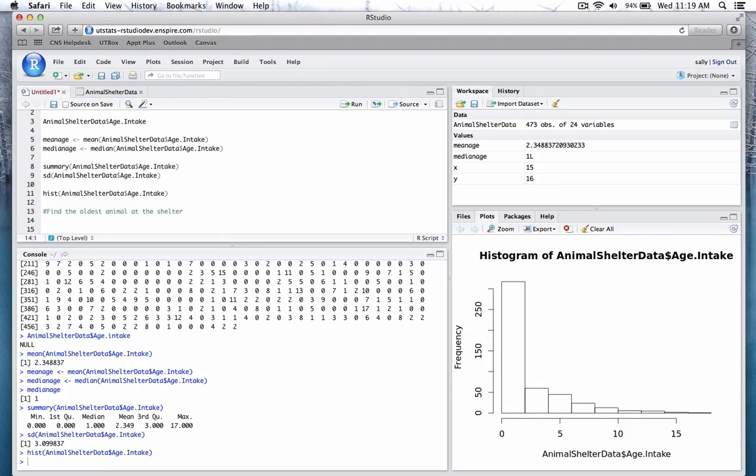Now, if we want to know which record contains that maximum value, we can ask R to give that to us with a function called which. Which is a function that is a little more complicated. The argument is a little less intuitive, but it's basically going to return us a row number for some condition that we specify. So if we want to know which animal has the age at intake equal to 17, we can ask for which